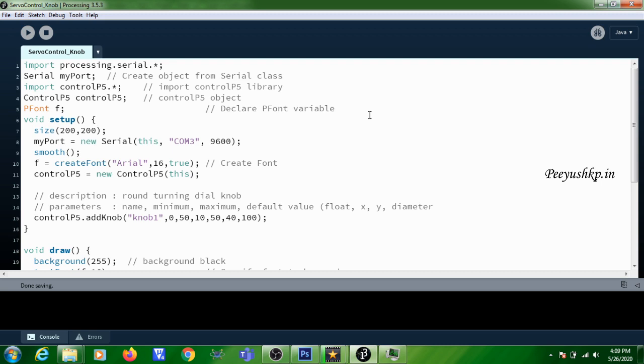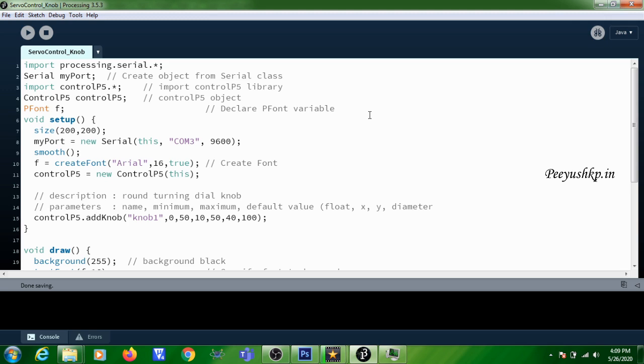If you have a serial reception program, which I have already explained in one of my videos, burned on the Arduino, then whatever value I send from the knob can be read by the Arduino board, and based on the value, you can perform some control action.